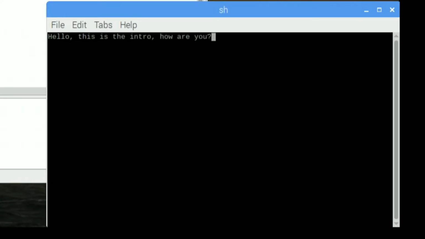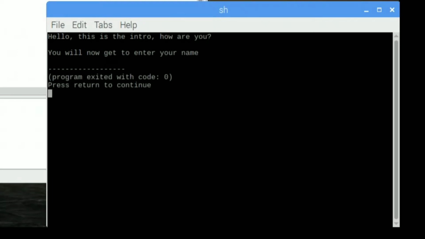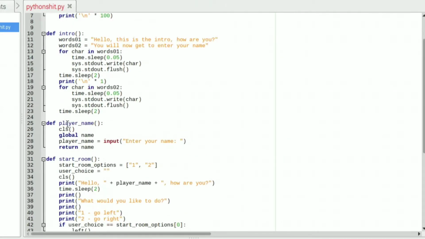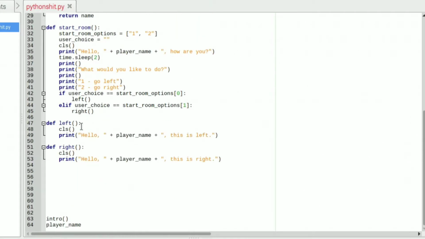Hello, this is the intro. How are you? Now, I think maybe there might be something going to go wrong here. Yeah. Okay, so I've forgotten to initiate everything else. Player name. See, there's no trigger to go to the next definition here, like after this is done. So once all this is done, it's going to look for something else to do, but we haven't initiated anything else. We could probably initiate it in here, like tell it to go trigger the next definition in here. But I'm going to do it here, just because this is where all the